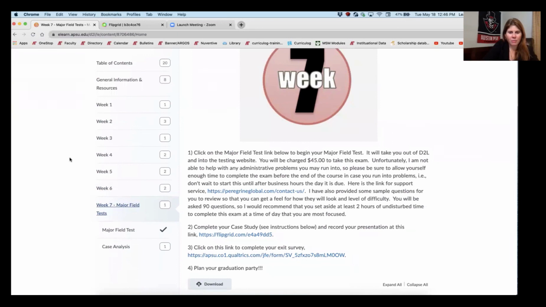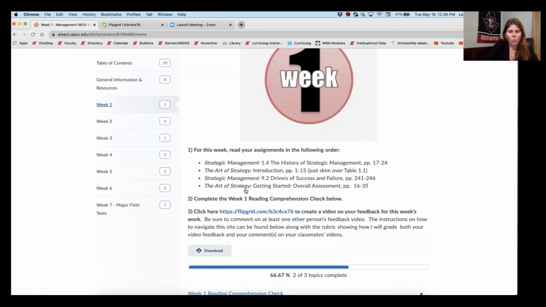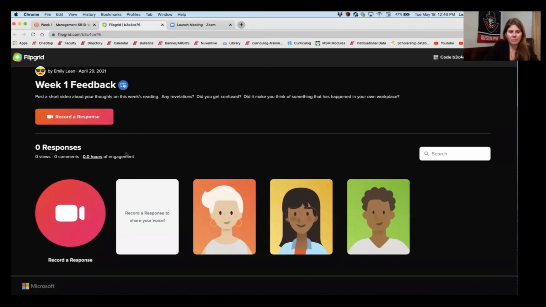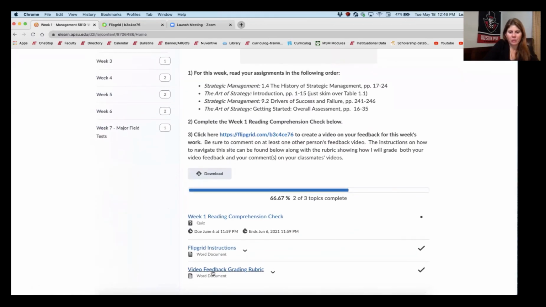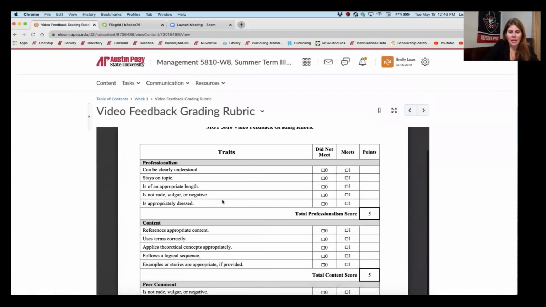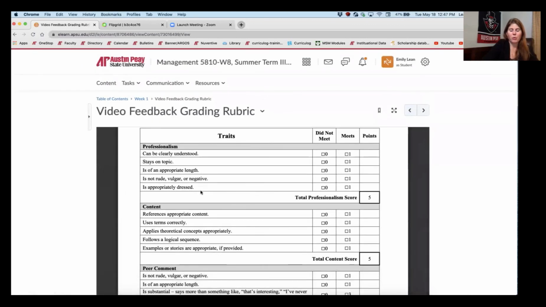One thing I do want to talk about that I forgot to mention: when you do your flip grid here, this presentation right here, one of the things I'm grading on is your professionalism. And that is also talking about, are you appropriately dressed? That does not mean, are you in a suit and tie every single week? I do not care about that stuff. What that means is,